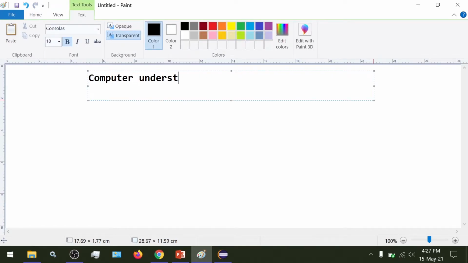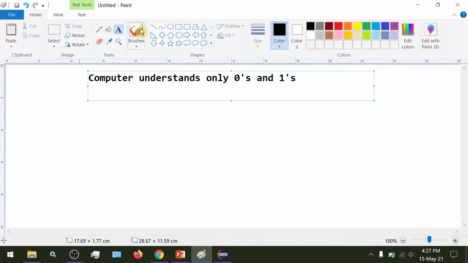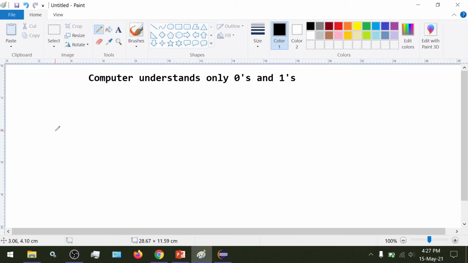So all of our data we have in our computer program, let's say suppose we want to represent the number 6 in a computer's memory, we would have to convert these numbers into a sequence of zeros and ones.